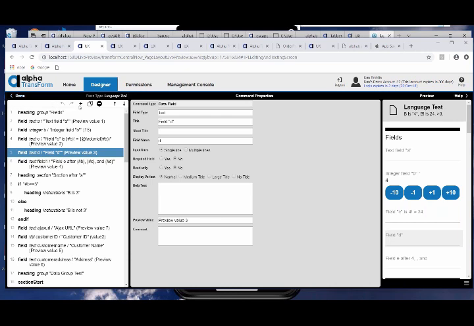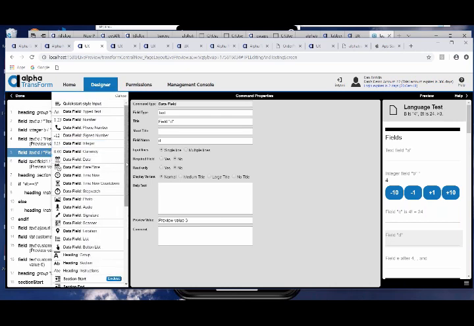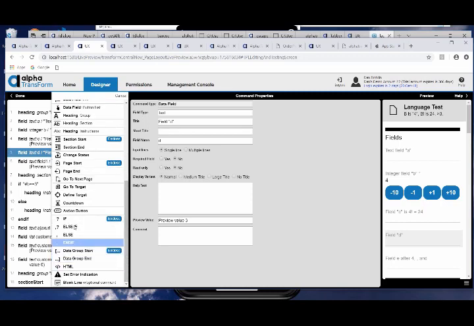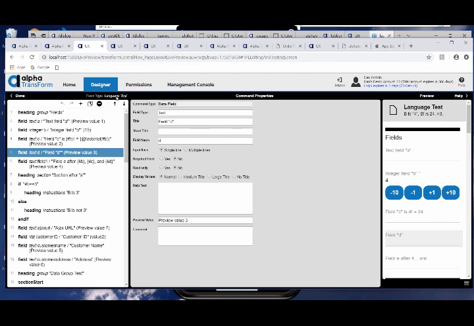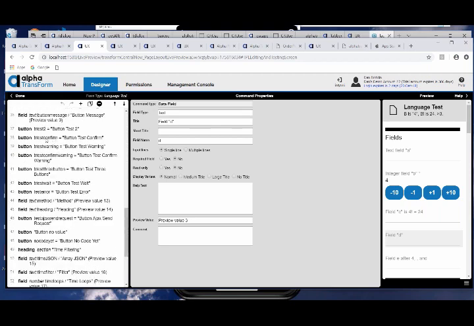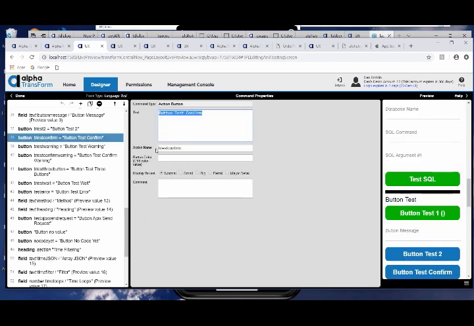So there is a button, an action button, type of command that you can put in. And the action button, we can cancel this. If I go down here, you'll see there are lots of buttons. Like this button over here does btest confirm. That's the action name that it does, which will put up